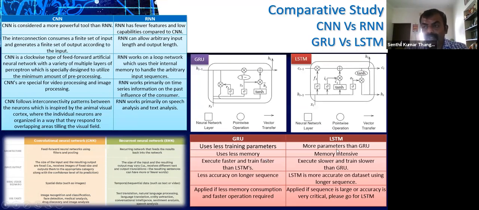So if you are deciding on the accuracy factor, then you have to go for LSTM. So the problem actually is very important. If you want to classify a human face, that is not a problem. But if you want to recognize a human face, whether the person is a terrorist or not, then the highest level of accuracy is very important. So there you will have to choose an architecture, right?